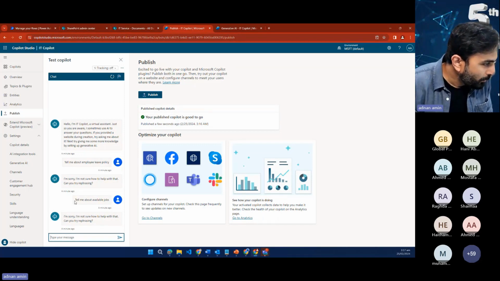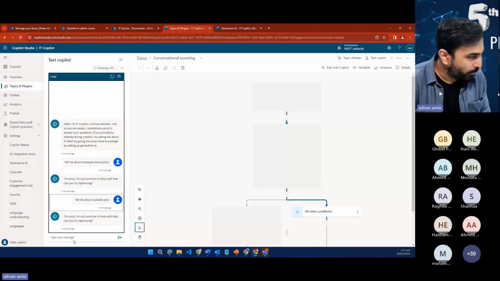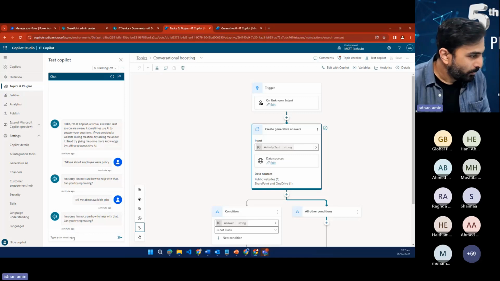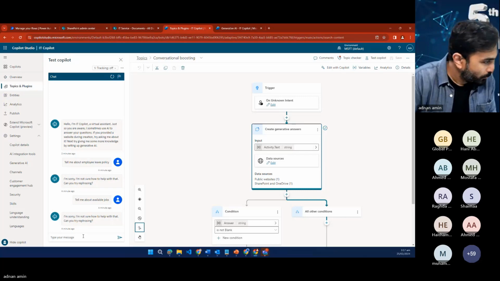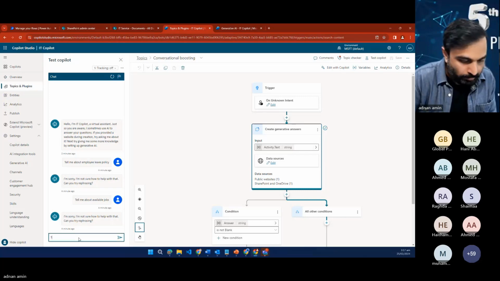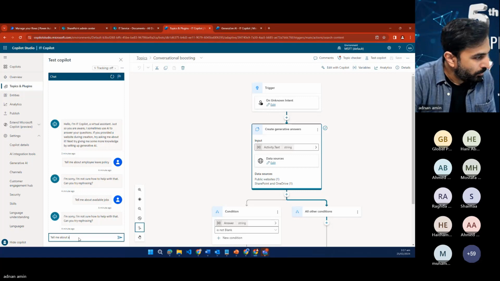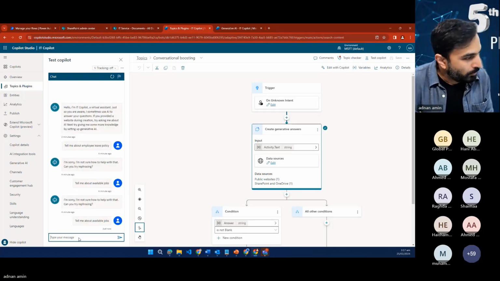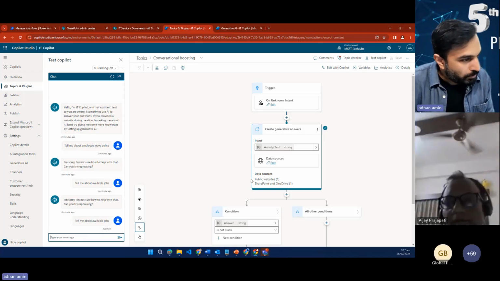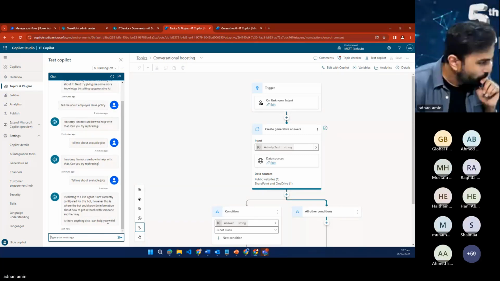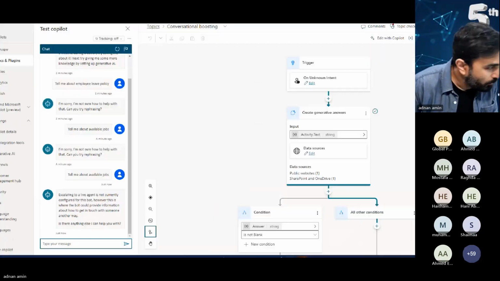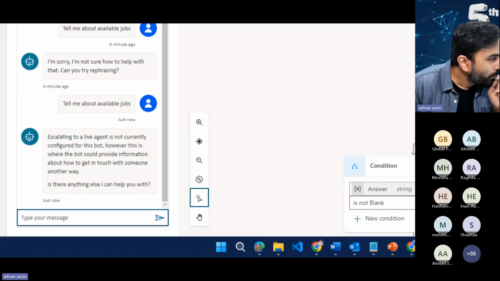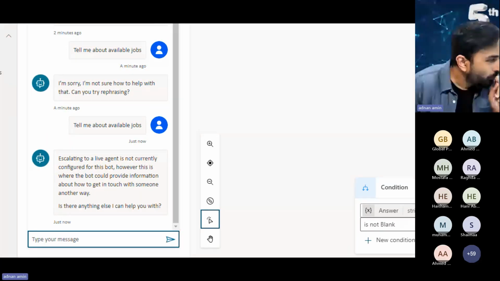So I will ask the question again. Let's see if it returns something. Tell me about available jobs. Let's see if it goes to the site now. Your library is not currently configured for this part. However, this is where the